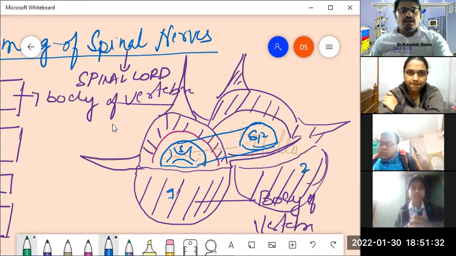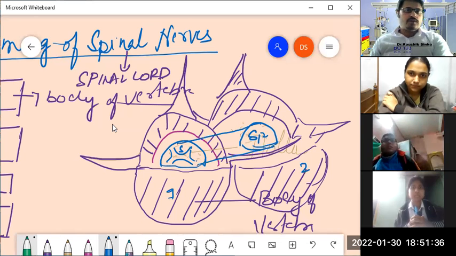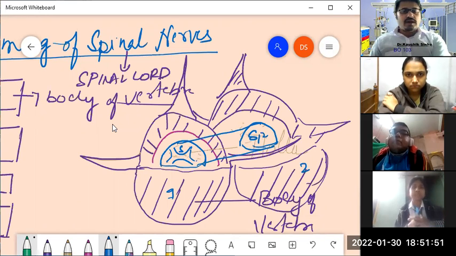So all the vertebrae are placed in a continuous form so that the arches now become a continuous hollow canal. Did you understand how the vertebral canal is formed? Okay. So inside that vertebral canal, what is found is this continuous structure again,